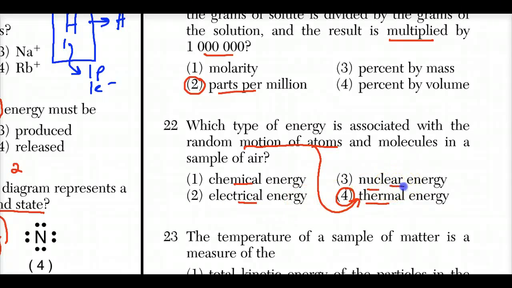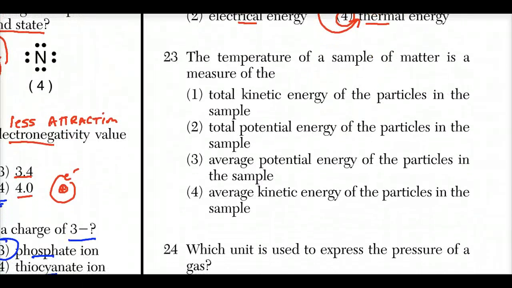Nuclear energy comes from splitting the atom in fission, or fusing light nuclei together in nuclear fusion. But the best one about motion, you should know that heat is tied to temperature, which is tied to the motion of molecules, choice 4. All right, moving forward. Number 23, the temperature of a sample of matter is the measure of